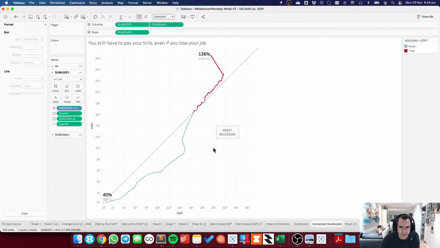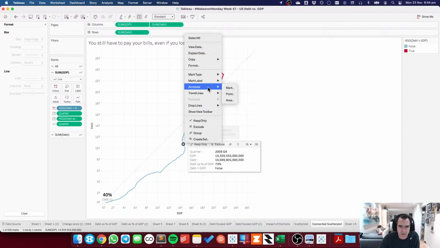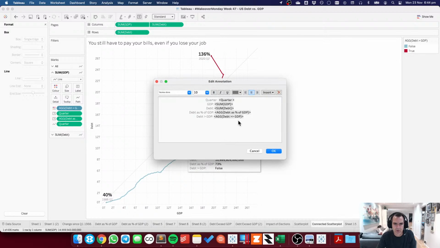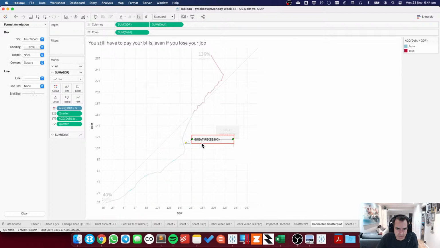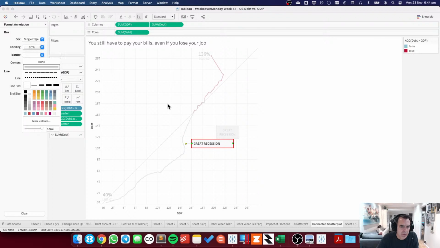Okay, let me try something different then. Annotate. Let me try annotate mark. And I think with this one, I would now be able to put a single edge and line.